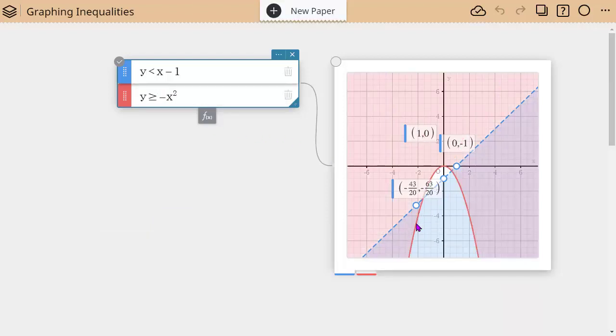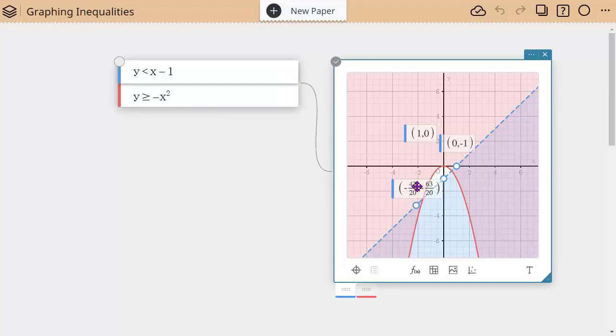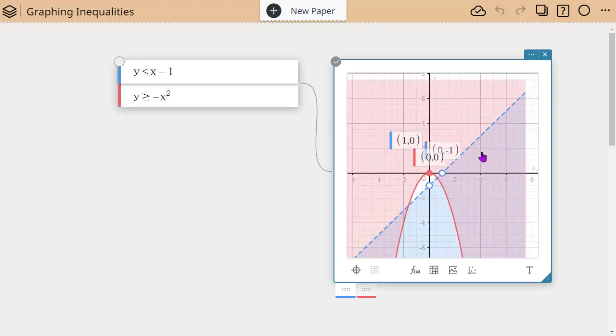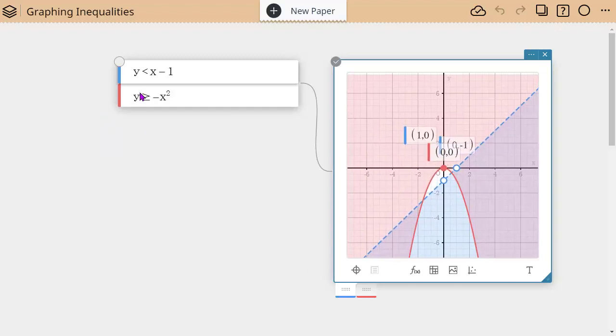So what I want to show you is, and maybe I'm going to get rid of that point, if I click on this, again, notice I get key points, and this one right here is a solid point because this graph has the equal sign in it, so it would be equal at that point. And then notice the intersection points are open because they're lying on that y is less than line, so they're open there. If you're on the blue, it shows both of them.